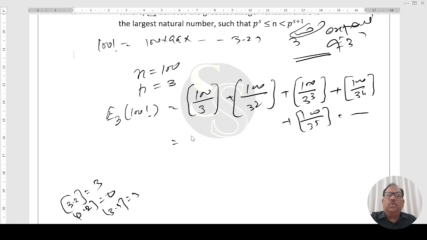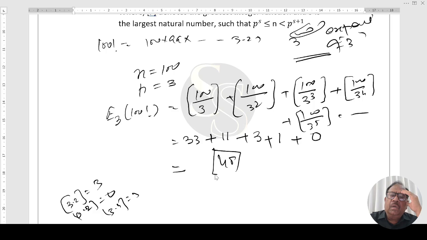So this comes out to be 33 plus 99 divided by 9, which is 11, plus 100 by 27, which is 3, plus 100 by 81, which is 1. That comes out to be a fraction, that is 0. On simplification, this comes out to be